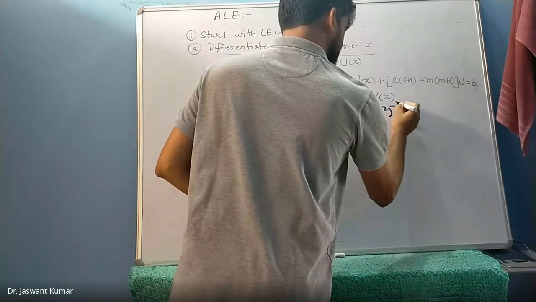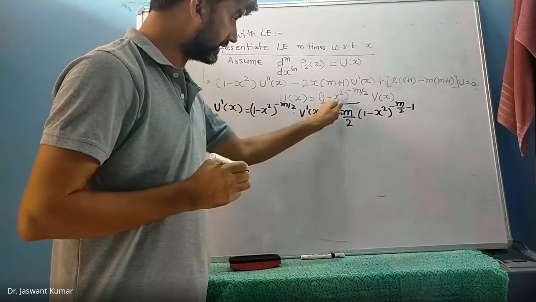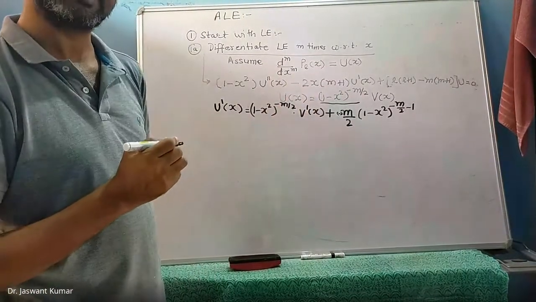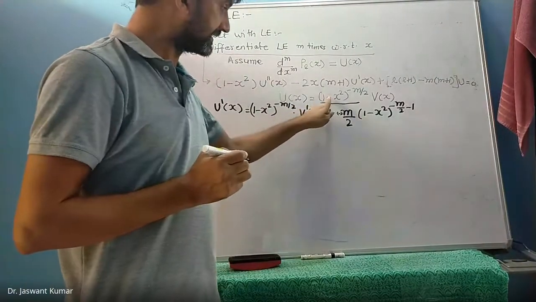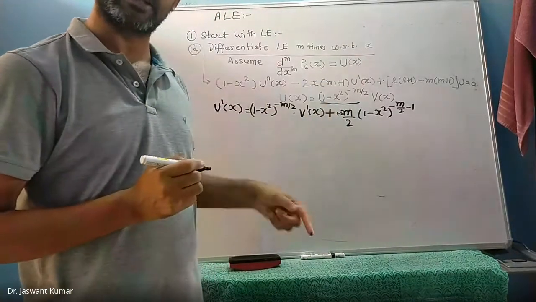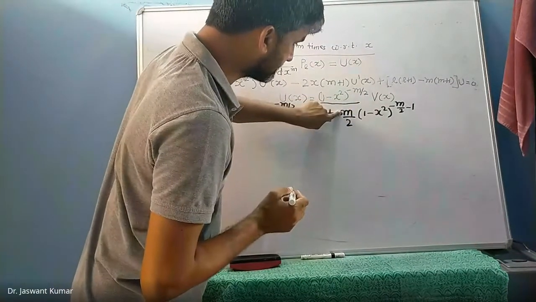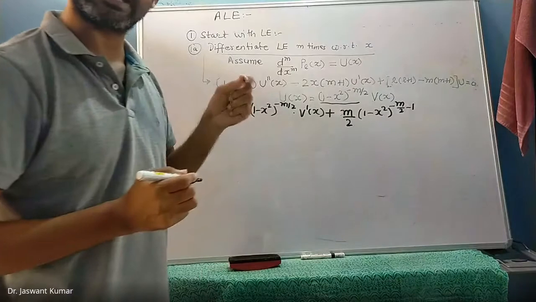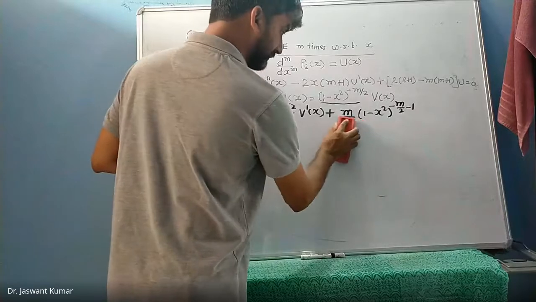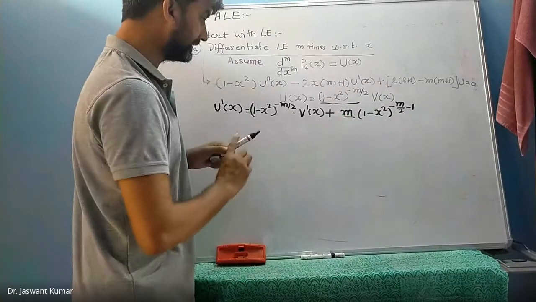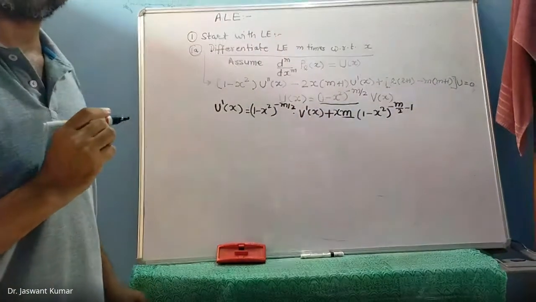This is minus m by 2 minus 1. And then the argument, which is 1 minus x square, gets differentiated with respect to x. If you differentiate this argument with respect to x, the answer is d by dx of minus x square, which is minus 2x. That minus 2x combines with this small minus to give you 2x with a plus sign. And the 2x cancels the 2 that is over here, and it gives you an x. Please tell me if you did not understand anything.